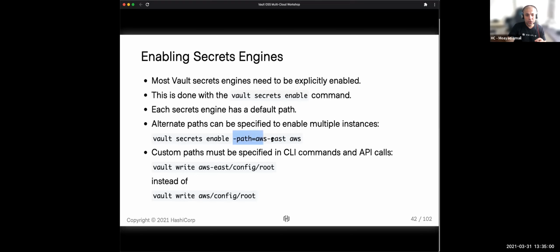if you don't set the path, the default name will be used. If you want to create multiple secret engines of the same type, say of AWS, and say you have 10 AWS accounts and you want to create API keys for each one, what you can do is create a secret engine with a separate path that addresses each one of those accounts. And you reference that in the config here, in the path, right? So you can create multiples of those secret engines of the same type. There's no limit there.